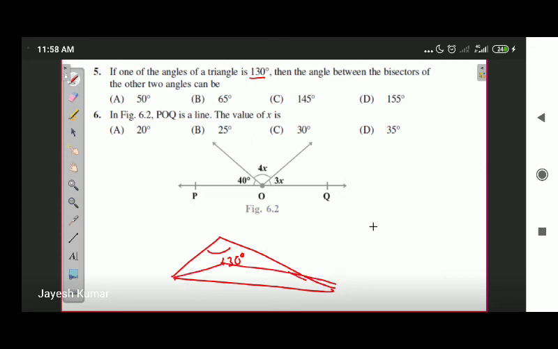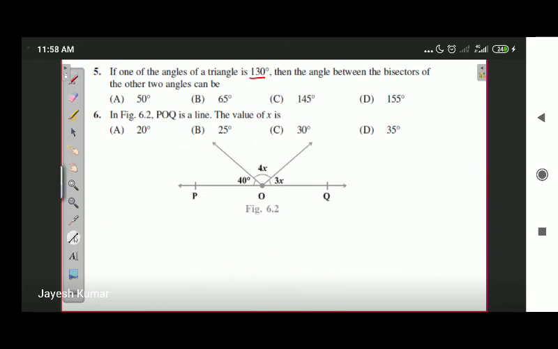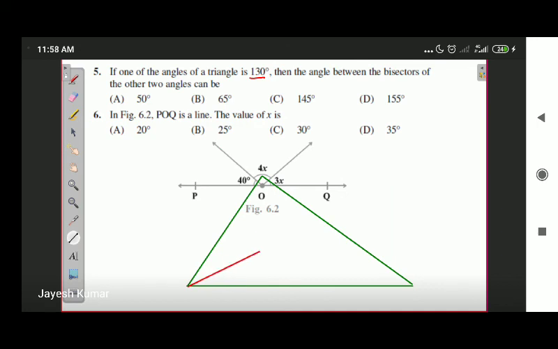What can it be? It will be twice of 130. Let's see how. This angle is 130 degrees. These are the bisectors. Okay. Let me make a bigger, proper diagram. This is the base, and these are the bisector angles. Now we are given that the value of this angle